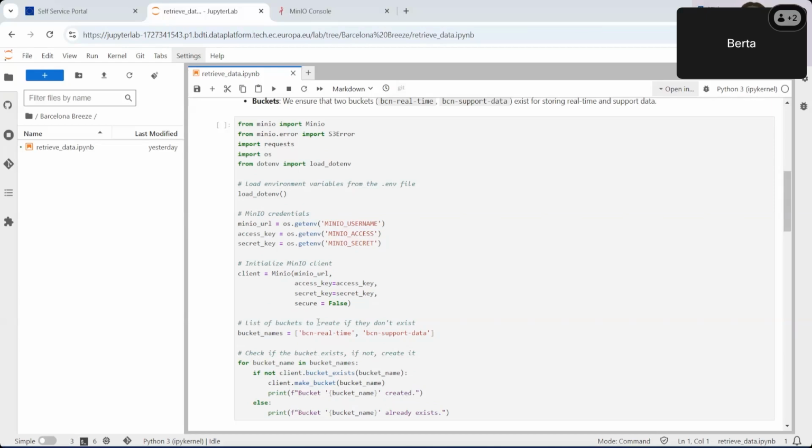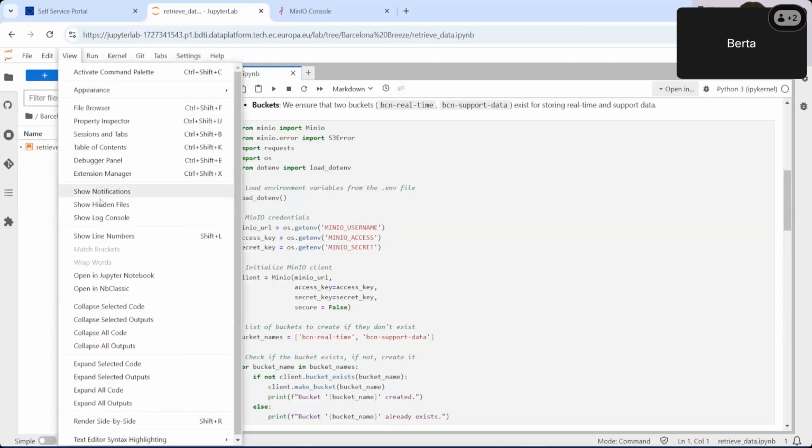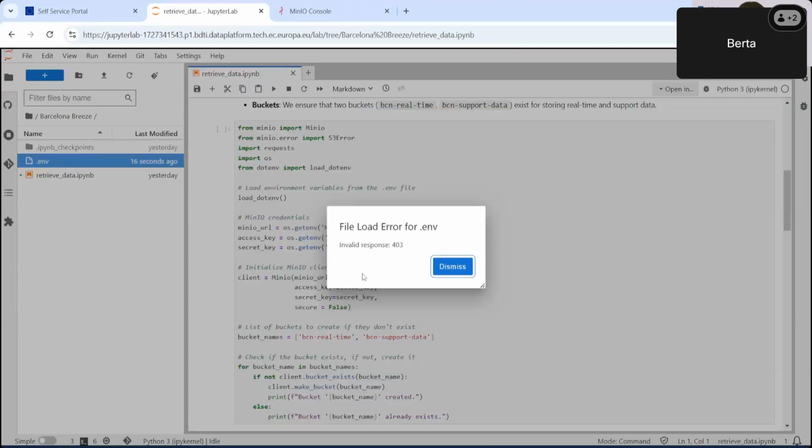So let's just go ahead and create the .env file with the credentials. We'll go to this section here, right click and create a new file, and we'll name it .env. Now, as you see, once I enter, the file disappeared. This is because it's a hidden file, so we click on View and Show Hidden Files, and we can check that it has actually been created. If I double click to open it, it won't let me edit it.